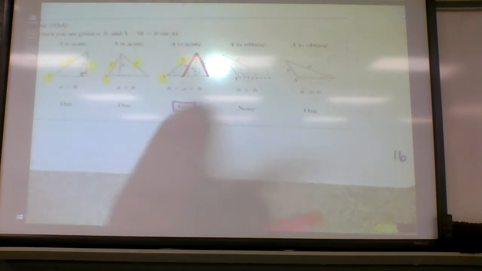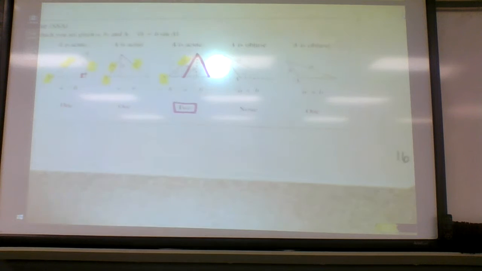There is one instance, though, where you would have 2 possible triangles, and when you do the math, you would only get one of the 2. You would be missing the second one. If this is overwhelming to you, 99% of the time, you just do the math, you're going to get everything you need. But there will be a couple where there was a second possible triangle. And what happens with this